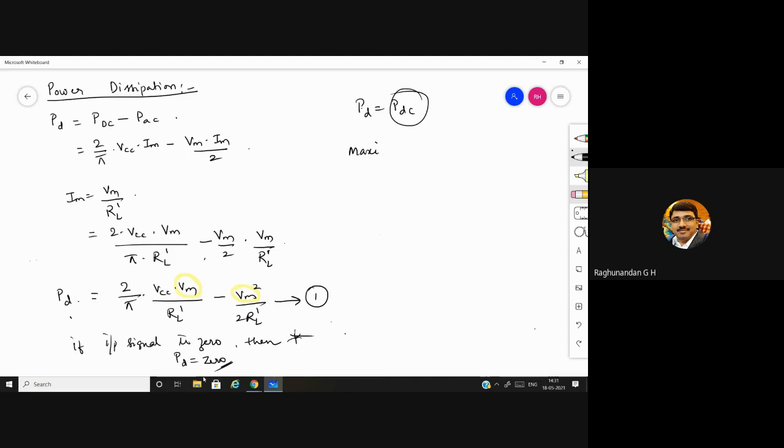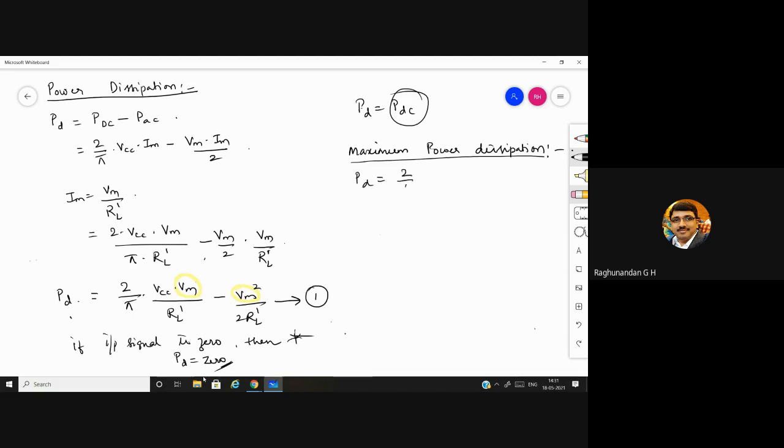But here, because of this mathematical proof, we can tell it is one of the advantages we are having. That is why we are having more efficiency. But this is the case in the last extremity. We need to find out the maximum power dissipation. So if there is some input signal, what is the maximum power dissipation that is possible? For that, we'll continue with the same equation.